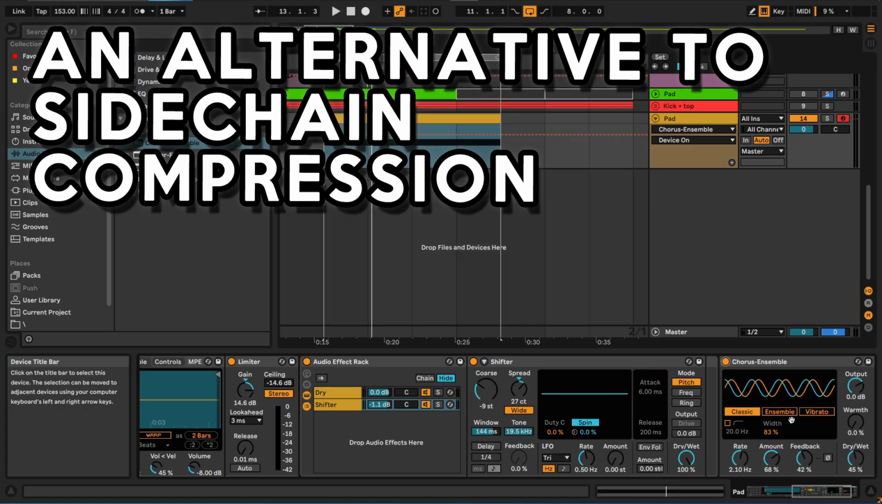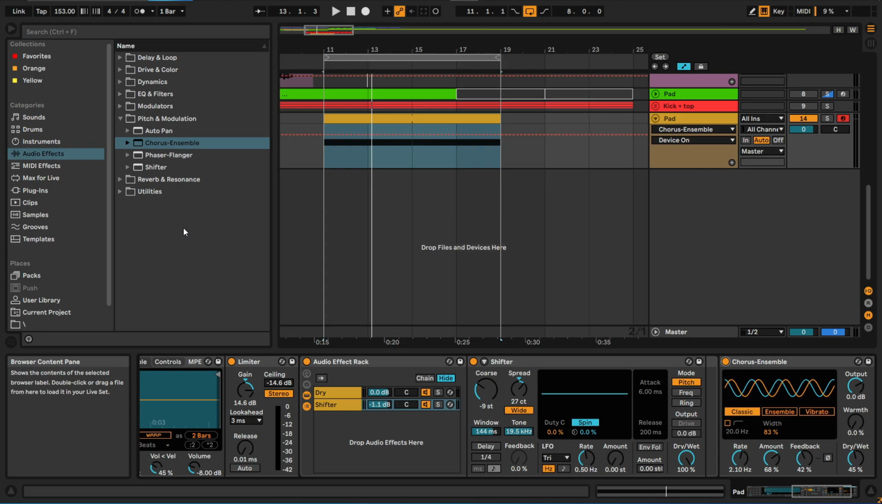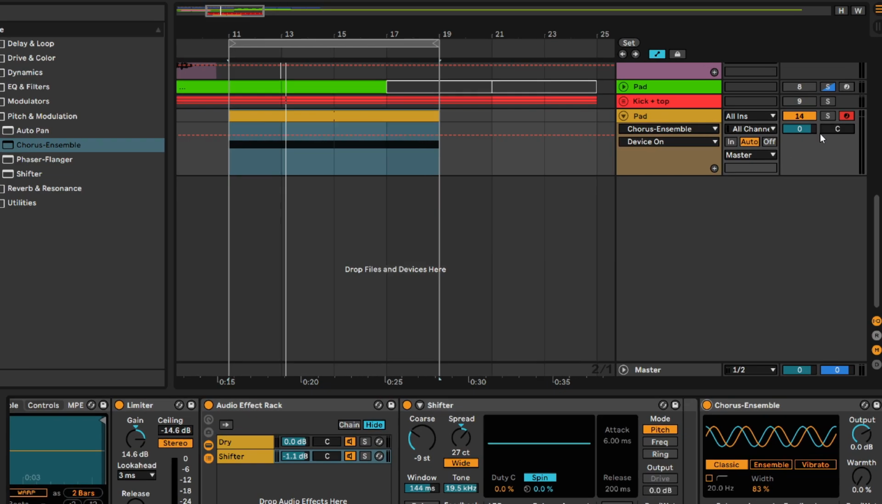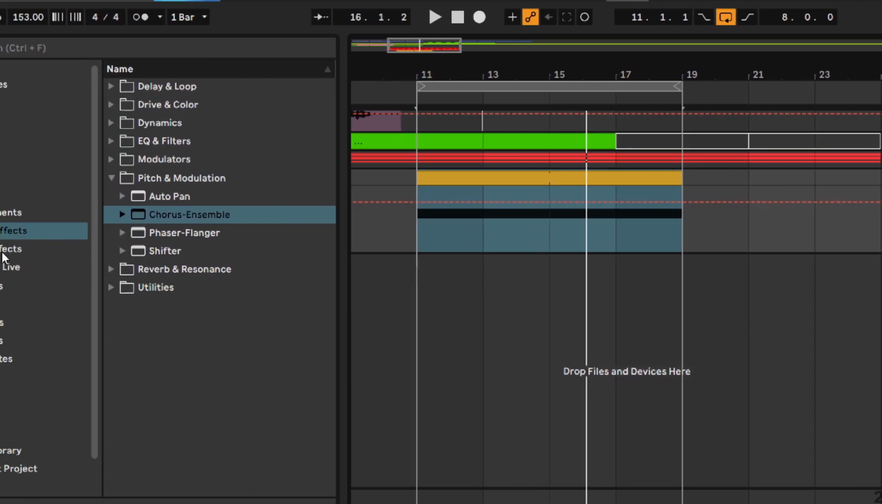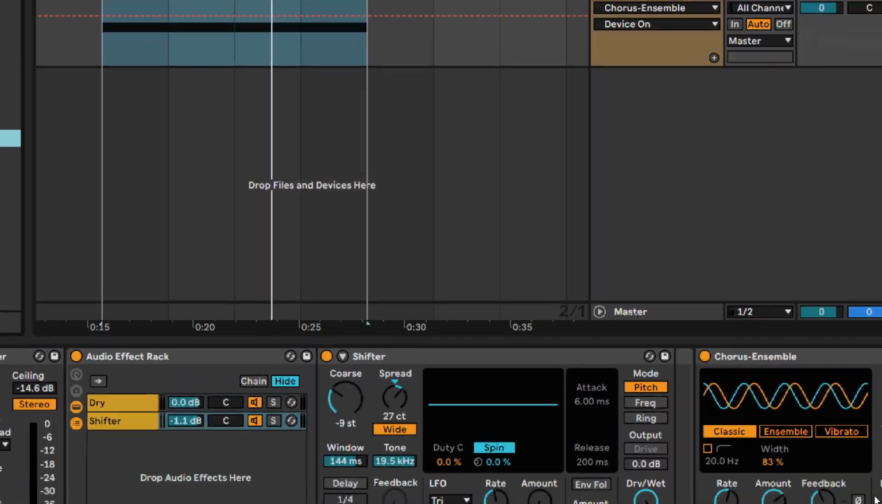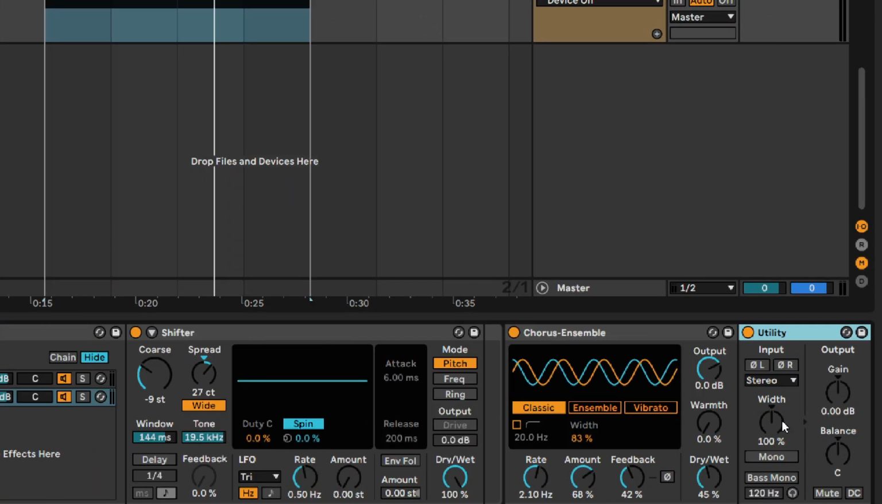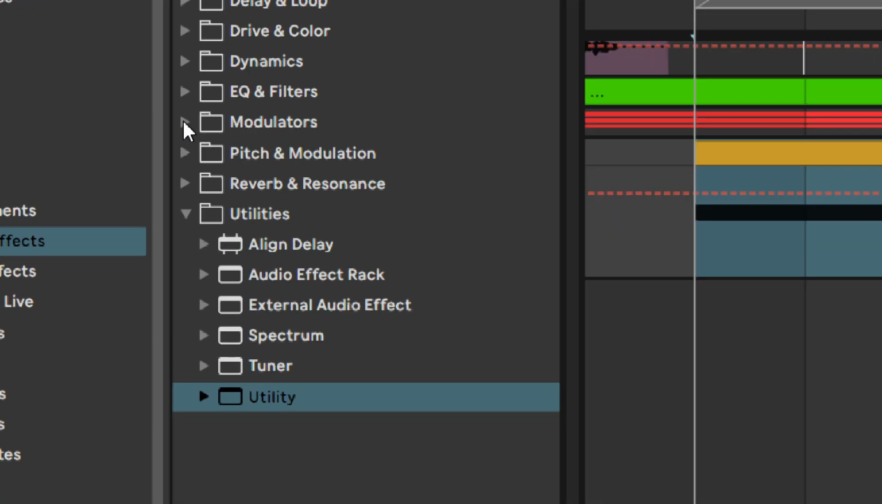Sometimes such sounds need even more movement. When I play this pad as it is right now with a kick drum, I think the pad seems a bit boring. I would like to modulate it further, but as I mentioned earlier, using phaser or flanger will give a distinct